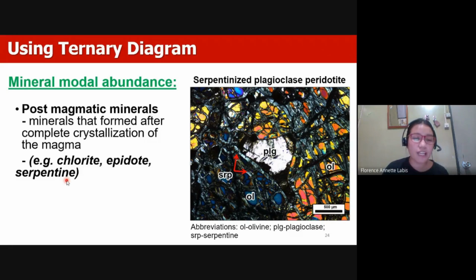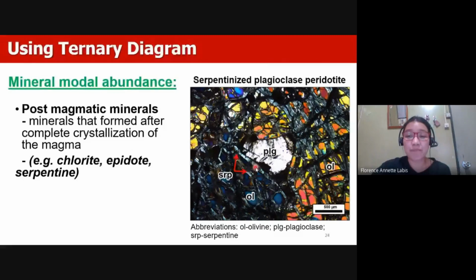Okay. So make sure that you're familiar with some of the processes under post-magmatic. So I can name a few here. We have serpentinization. So this is basically a sample or photomicrograph of a peridotite. Plagioclase peridotite because it has a plagioclase content. And I hope by now, kabalo na mo once maingon tag plagioclase peridotite, asa man siya na-form. Is it shallow, deep, or intermediate? So I hope you can take a pause of this video and then answer on your own. Kay base mo gawa sa exam na. Anyway, so